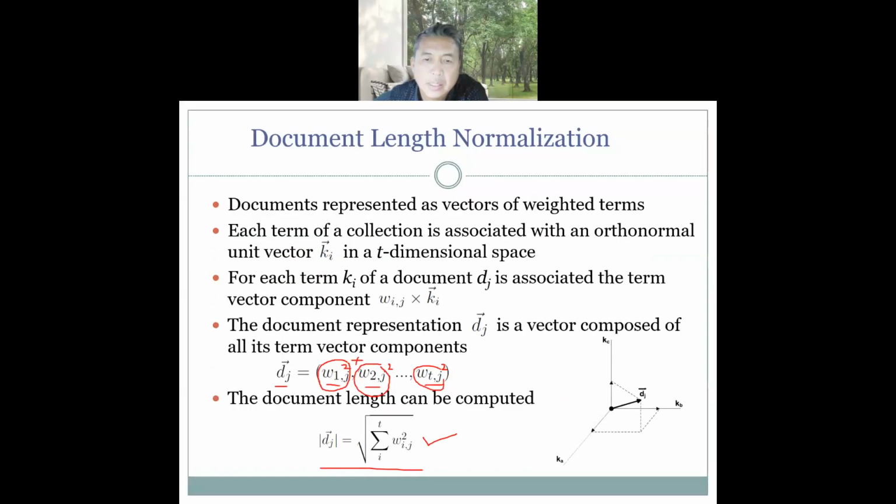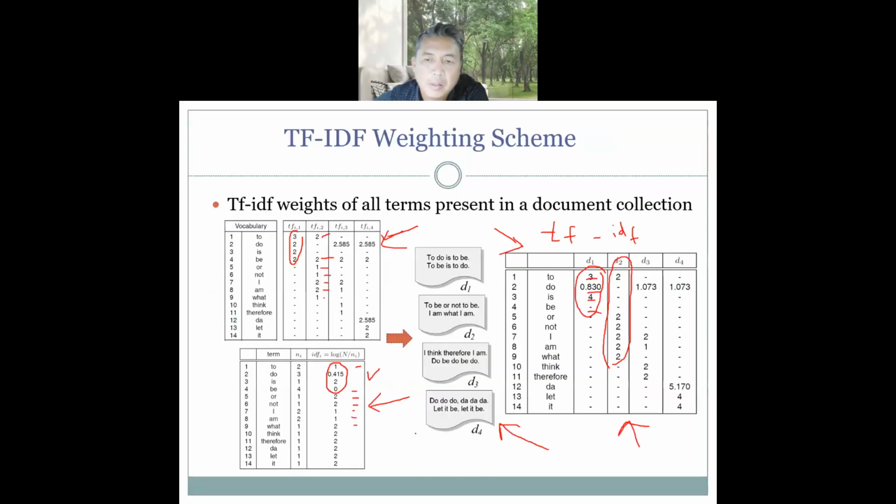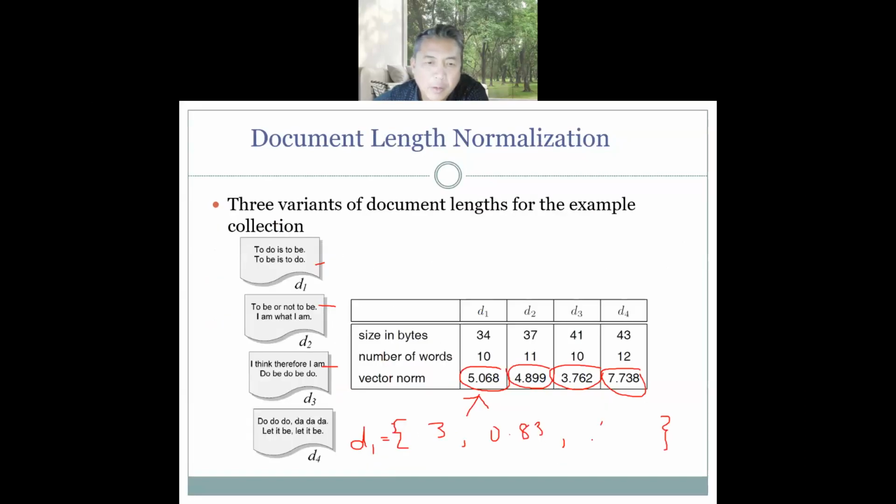So basically we have 3 and then 0.83 and then 4. So the length of document 1 will be the square root of 9 plus 0.83 squared plus 16. If you solve that,